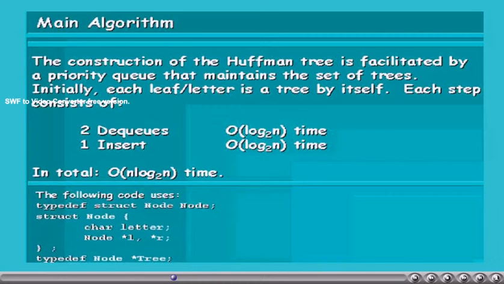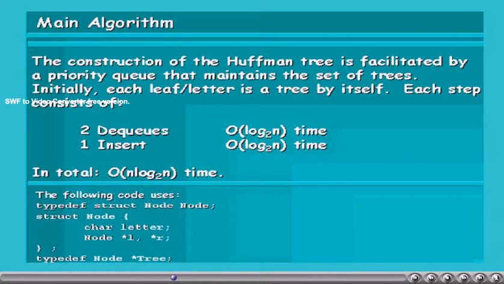In general, the Huffman algorithm is implemented with the help of the priority queue. The priority queue is designed to maintain the set of tree nodes. Initially, all the tree symbols will be in the priority queue, where each leaf or letter is a tree by itself.